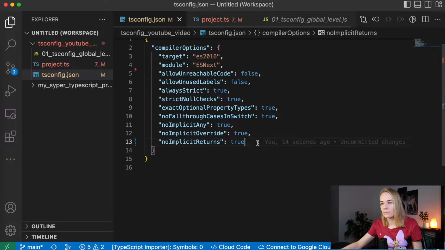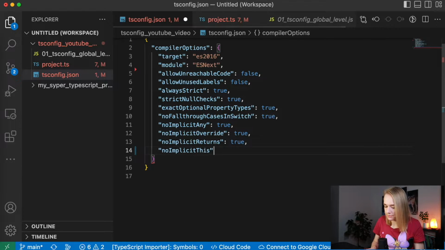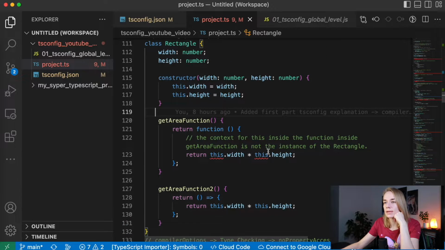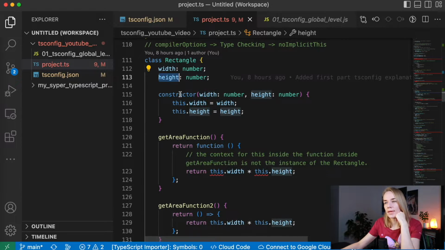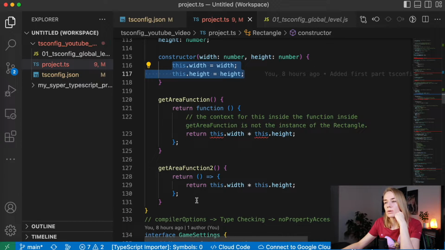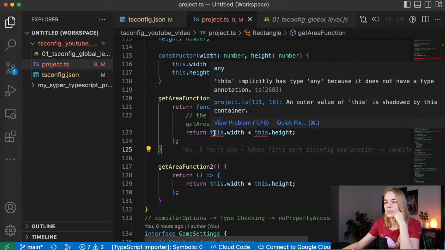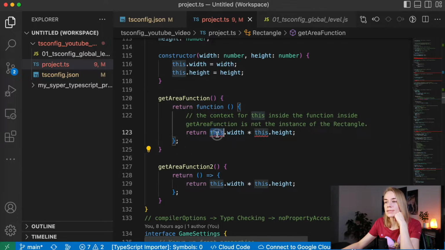noImplicitThis. What does it mean? Let's look at this class Rectangle. There is width and height, and in the constructor we pass these properties. We also have two functions, and in the first one we can see a highlighted error, which says that this implicitly has type any because it doesn't have a type annotation. And actually this is not connected with this